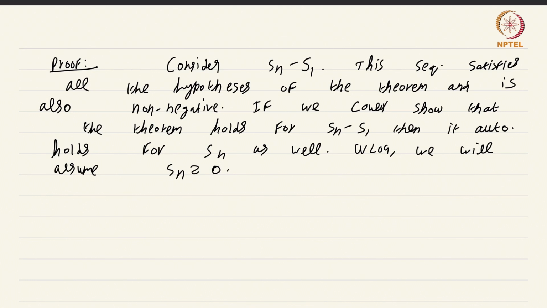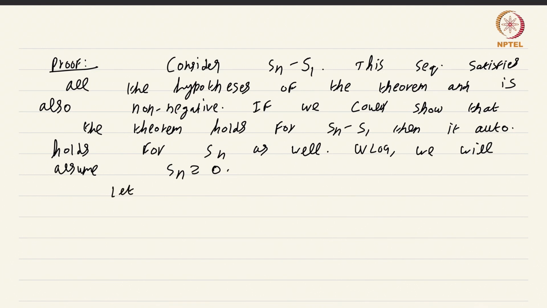How can S_n fail to converge at a point? Well, the only way by which an increasing sequence can fail to converge at a point is if it diverges to plus infinity. Now we are going to control the behavior of S_n by constructing an auxiliary sequence of step functions that are special in the sense that they are integer valued step functions. So how are we going to do this?